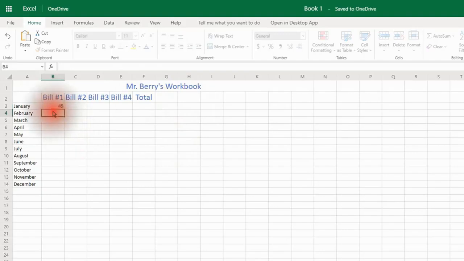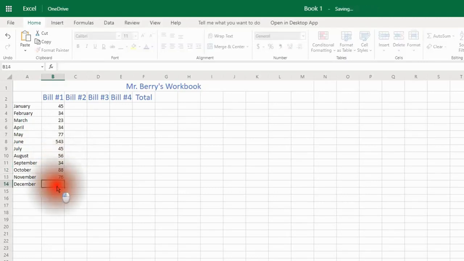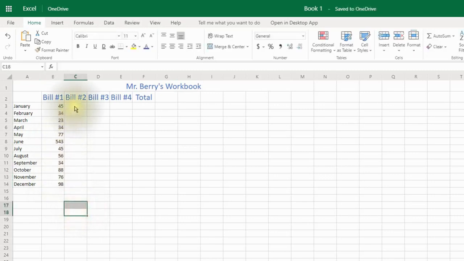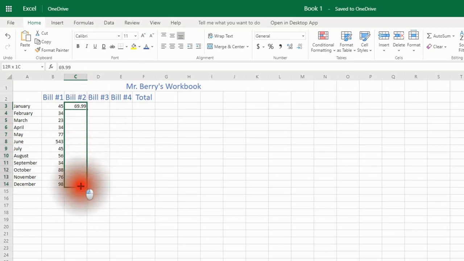and I'm going to be putting in numbers. So let's put in some amounts here. I'm just putting in numbers there, and it does have to be numbers. So if you put in words, it won't add up words, obviously. Okay, now for these other bills, let's say that these bills are the same amount. So let's say 69.99, let's say I have my internet bill. And if you want that repeated, just take your mouse, go to the lower corner, drag that straight down, and you got it all the way down the same amount.